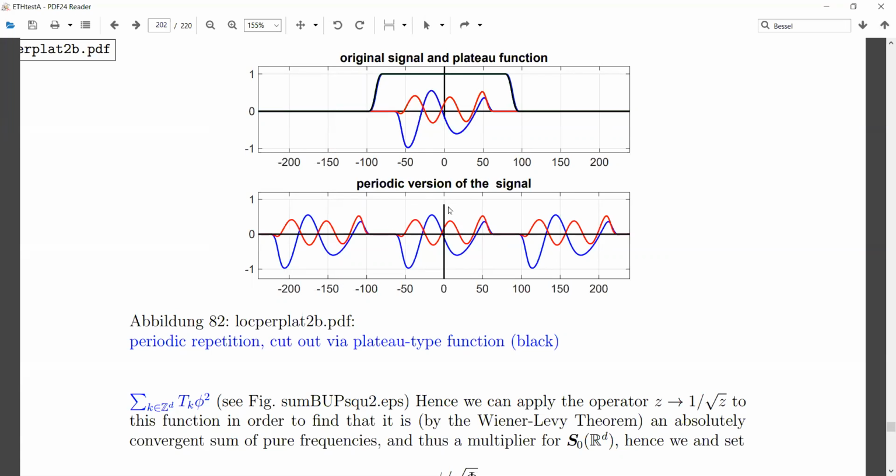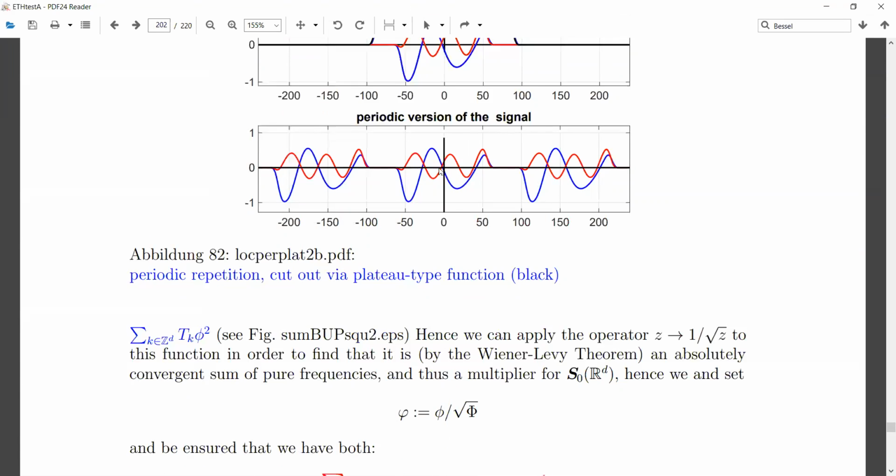I can expand it into a Fourier series, which means I take this fundamental domain, we take the classical Fourier coefficients, and we produce a trigonometric polynomial, I mean, an absolutely convergent Fourier series expansion, which is representing the periodic function. And that periodic function can be multiplied with this, and then we are getting for free